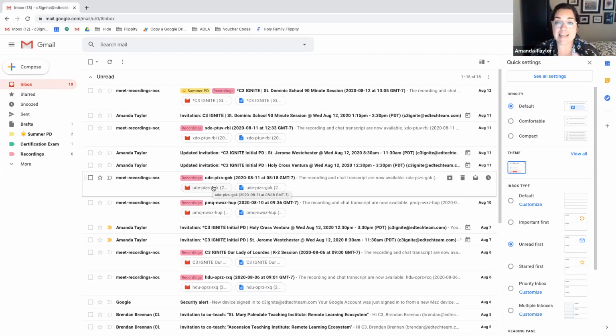Are you using the native one that came with your phone? Are you using the Apple mailbox? I would highly suggest that you download Gmail. If you use Yahoo, download the Yahoo Mail app. If you're using AOL, Outlook, whatever it needs to be, use that app instead of the native app. It's going to help you sync your email across all of your platforms, and you don't have to check